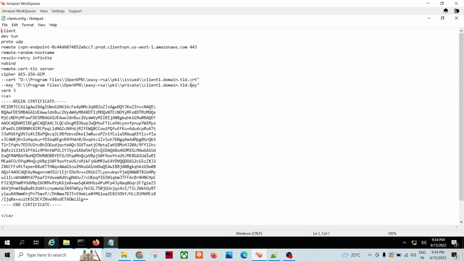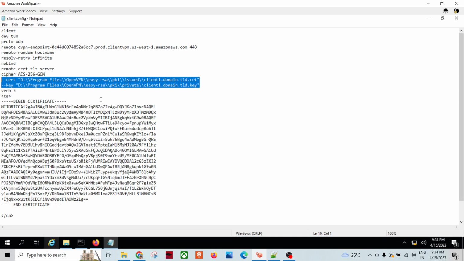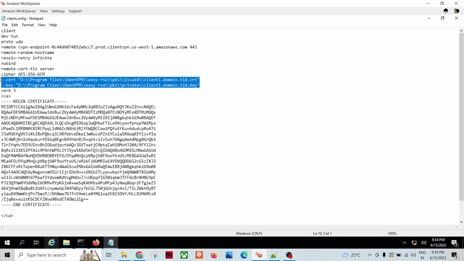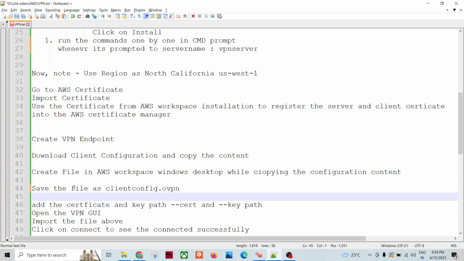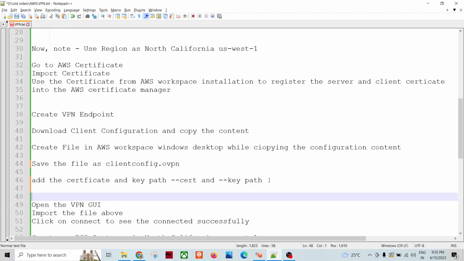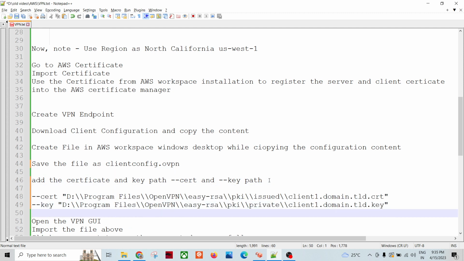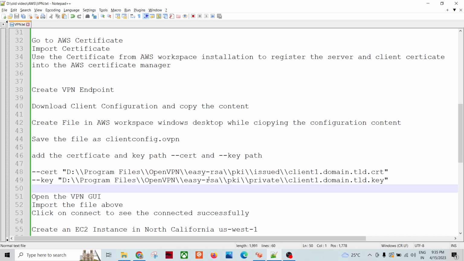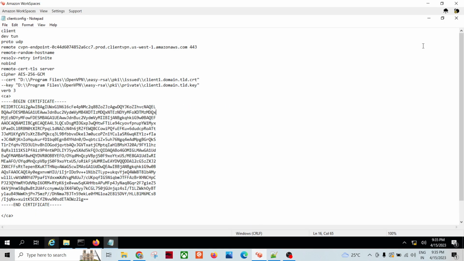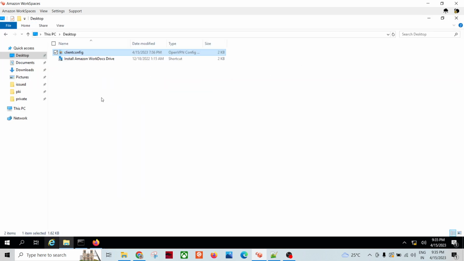These two lines will not be available whenever you save that content. So now you need to give the path over here: amend the certificate with the key path. These two lines you need to copy. These are the common lines. You just copy and paste them in the Amazon Workspace in this file, whatever you have shown as the OVPN. Once you do that,